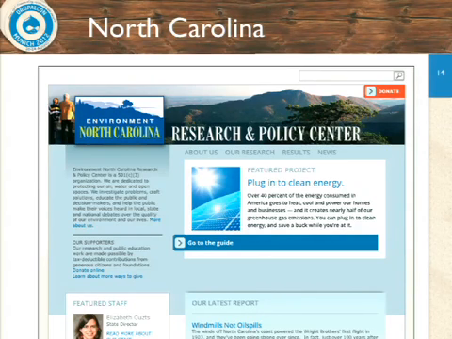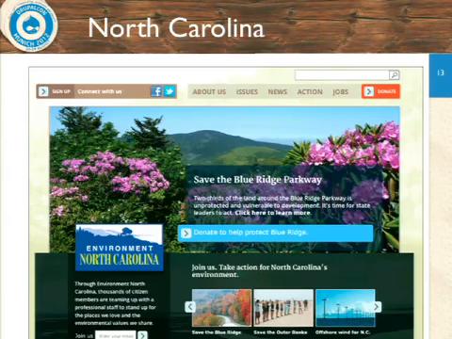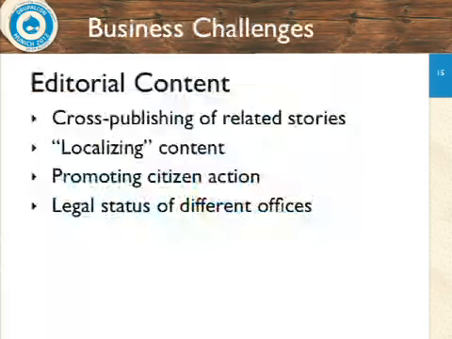So on the one hand, these folks are doing research, and they can publish that research, but their research can't be published on the other site. It can be referred to, but they can't publish this plug into clean energy page on this one. But they want to be able to link to it, which is an interesting challenge. So that sort of sets the stage.